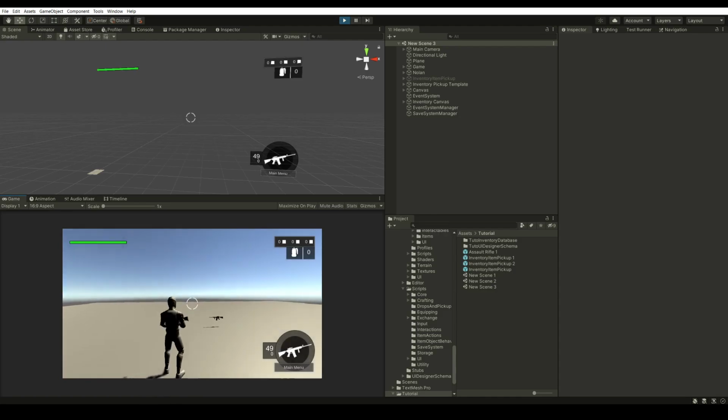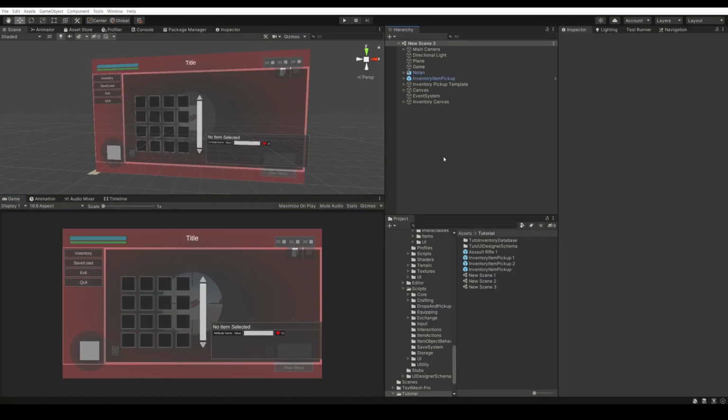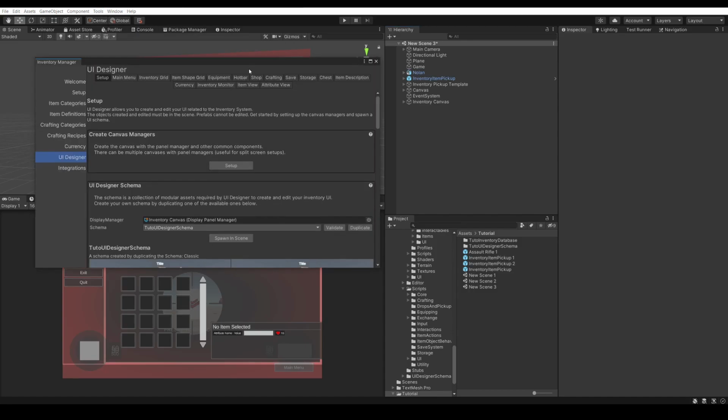So far so good, but now we want to be able to equip and unequip our items from here. We probably want also to have an equipment window inside this grid, inside this panel. The first thing we'll do is set up the item actions for your inventory grid. So if we go to Tools, Opsive, Ultimate Inventory System, and the UI Designer,